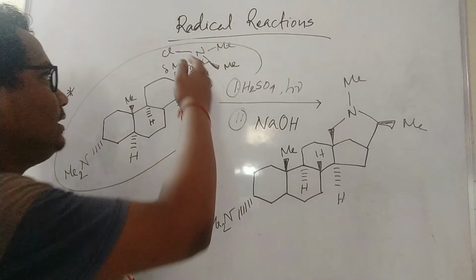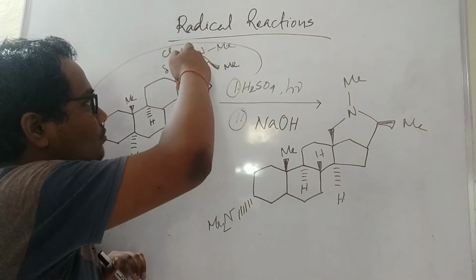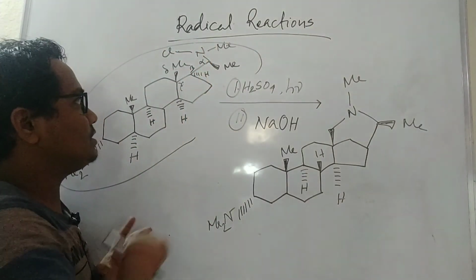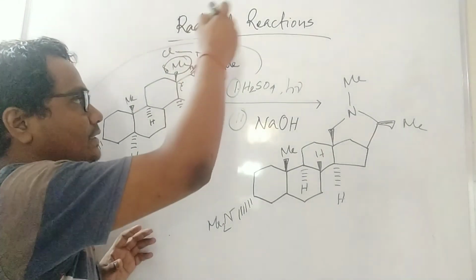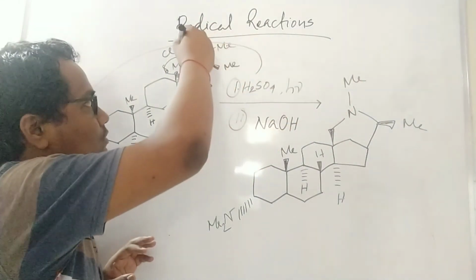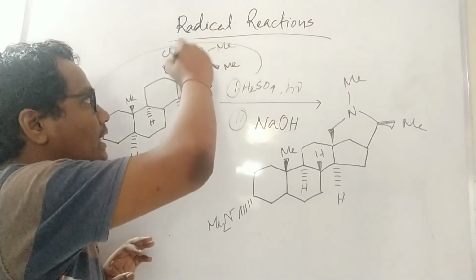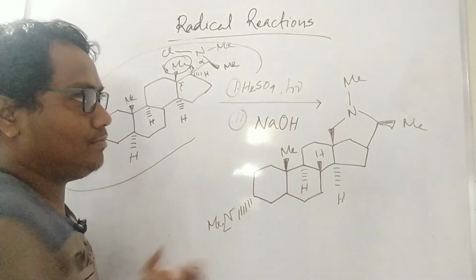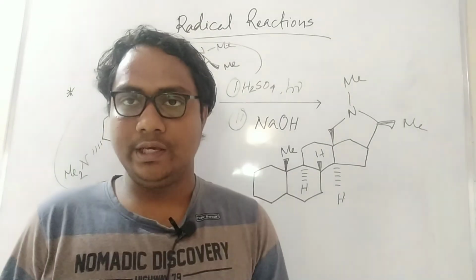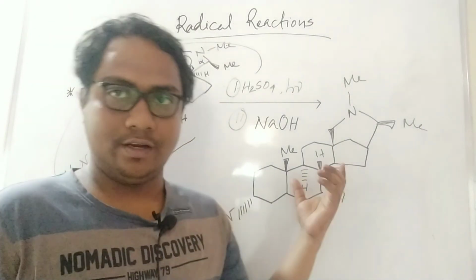First step, again I will tell: cleavage will form, then delta hydrogen abstraction from this methyl group, and this NH will come, and this chloro will come there. In the presence of base this negative charge will form, and it will attack in situ, and this 5-membered ring will form. So here is the final product.